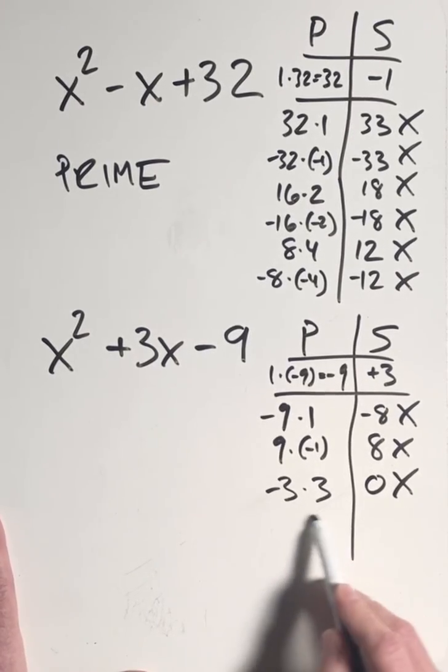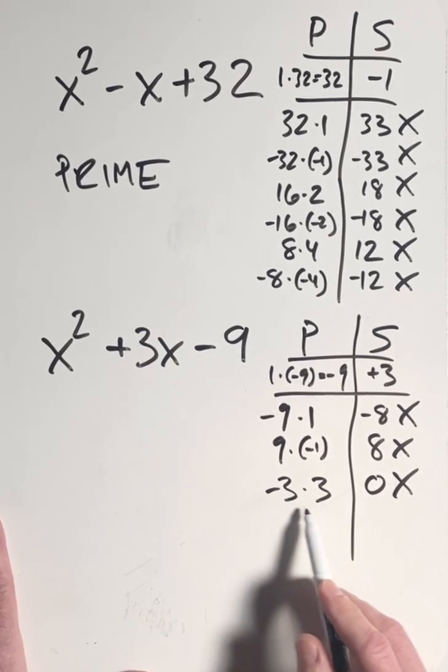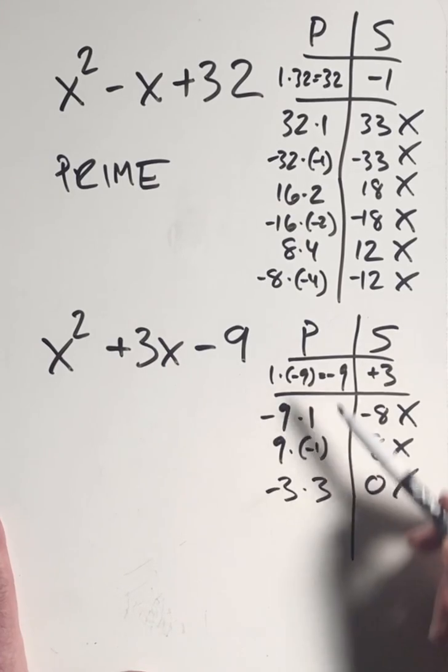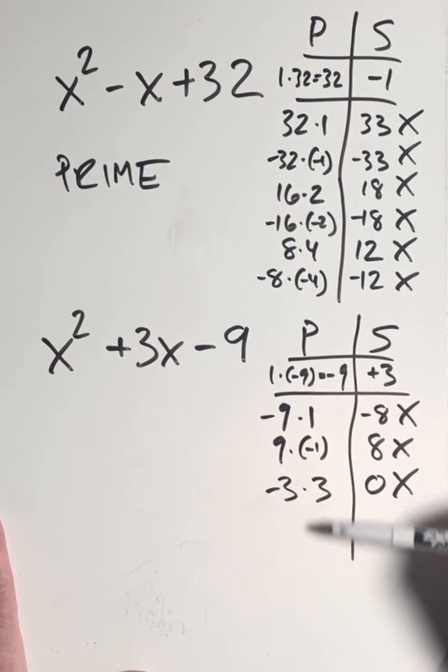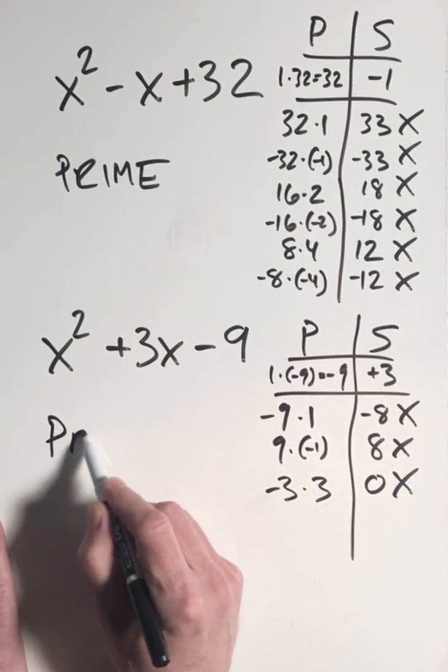If I reverse the signs here, I'm still looking at the same two factors of +3 and -3, which multiply to -9 and add to 0. There are no other whole numbers or integers that multiply to -9 and add to +3, so this polynomial is also